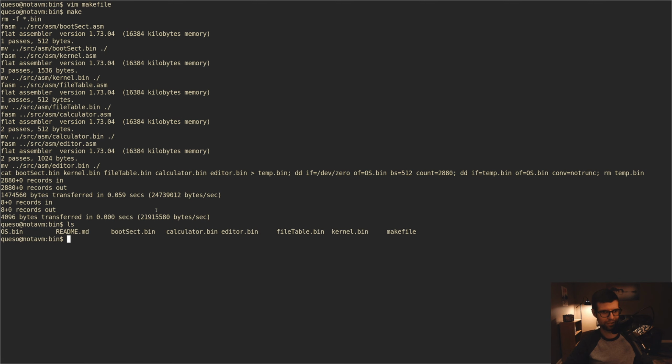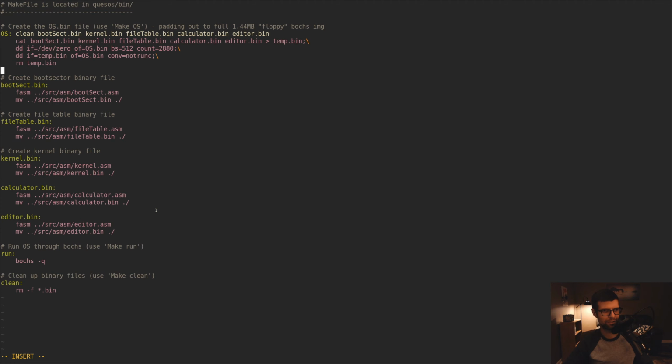We have all these. Okay, the second thing I wanted to do in the makefile is change this from removing only the temporary files. I want to remove really everything that isn't the final os.bin binary. The other ones, if you want to look at them for testing your output and everything, that's fine. But I don't really need them in this folder, cluttering it up. I really just need the OS binary in there because that's what I'm going to be using. So how do I remove everything but that? What I can do is, instead of everything being a bin,